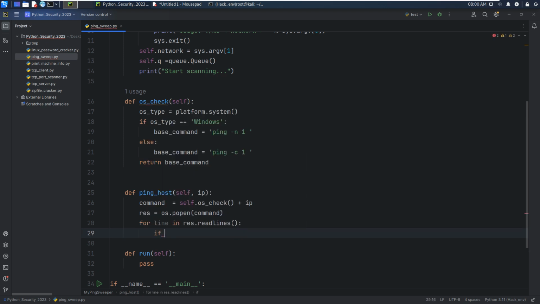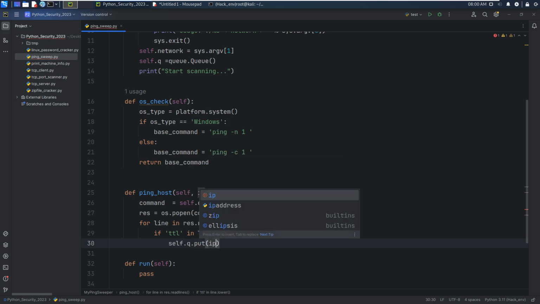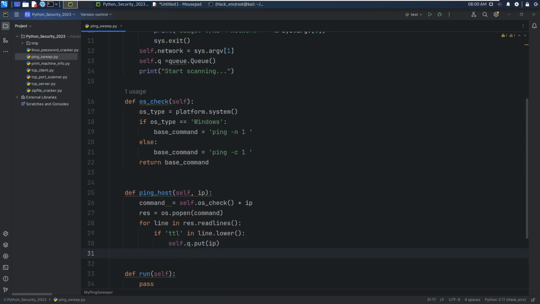If TTL in line, of course we need to convert to lowercase characters. If it has an uppercase character, we need to convert it to lowercase. It means that this IP is alive or online, so we can use self.queue to put the IP. And also we do not need to continue our loop, so we can break.